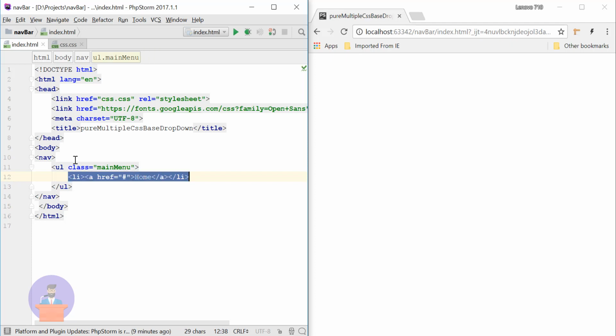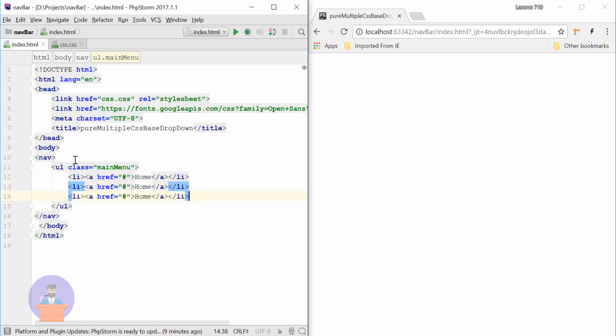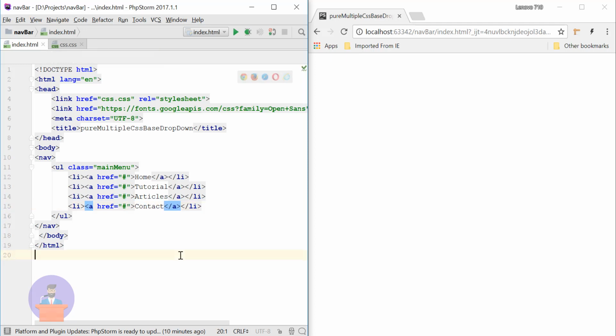I will just copy this list and paste it over here 4 times, and I will provide menus as tutorial, the third one is articles, and the fourth one as contact. Okay, fine. Let's just refresh our page. Here you can see the unordered list has been added to our page.